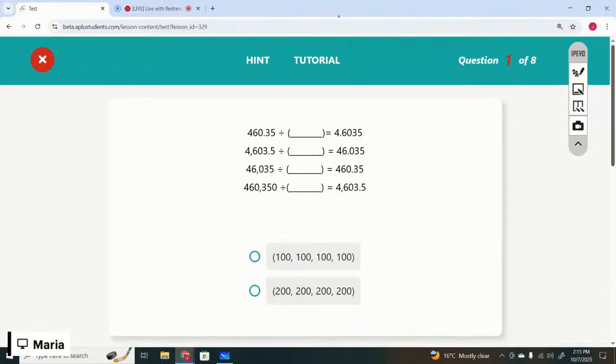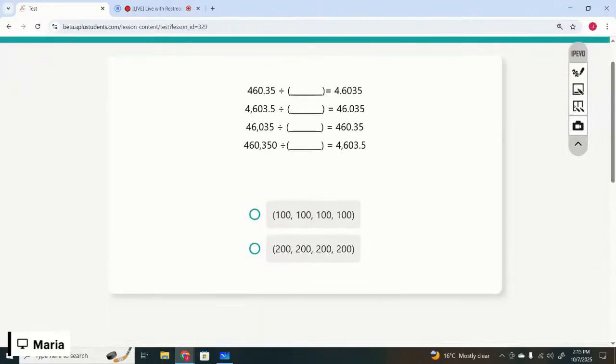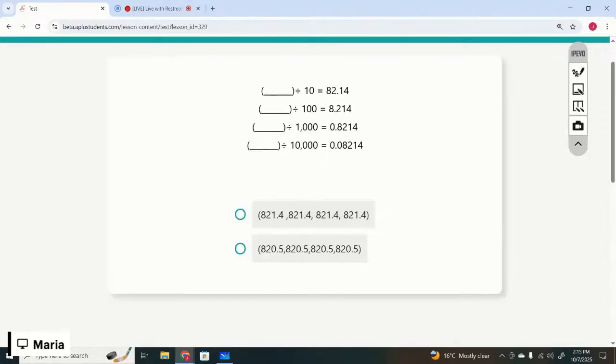Okay, that is the one we just did. So they all are dividing by 100. So option number 1 is the correct option. Now we need to